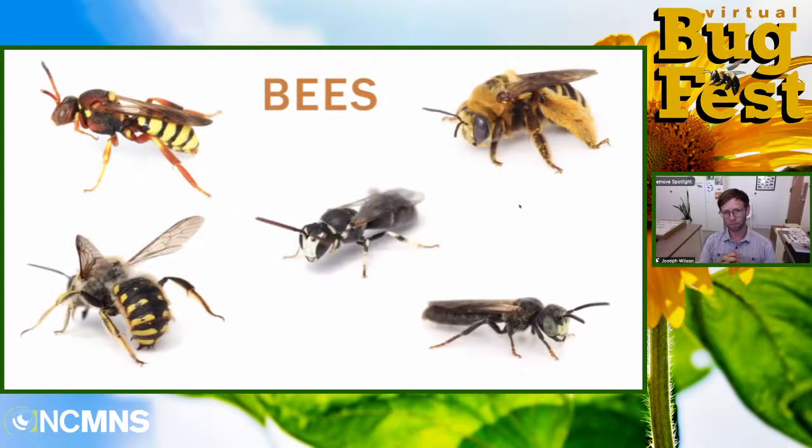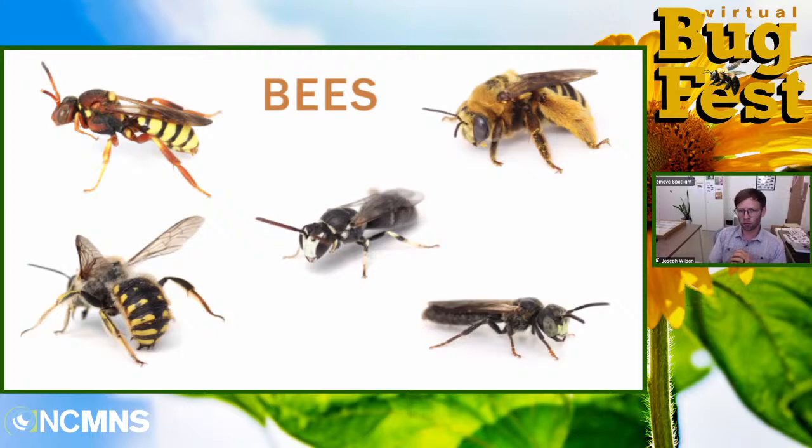How about these? And so the tricky part here is we have that bee on the top right that we've seen lots of times. But in fact, the other 4 insects on this slide, these are also bees. And so you might be thinking to yourself, wait a second, Joe, you just told me that wasps have skinny legs and they look mean and they don't have very much hair. And this one on the top left has a skinny waist, skinny legs, not very much hair, but I'm telling you that it's a bee.